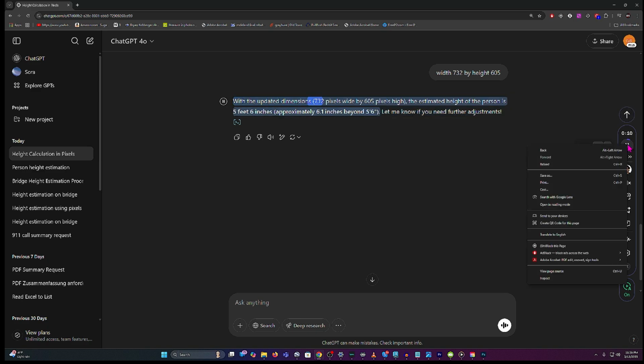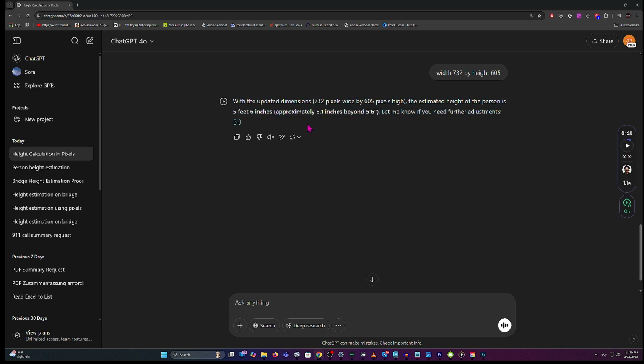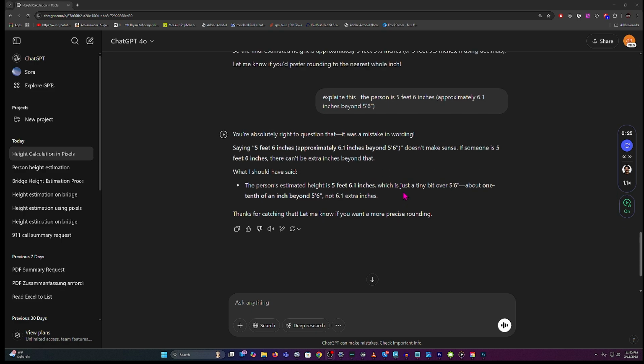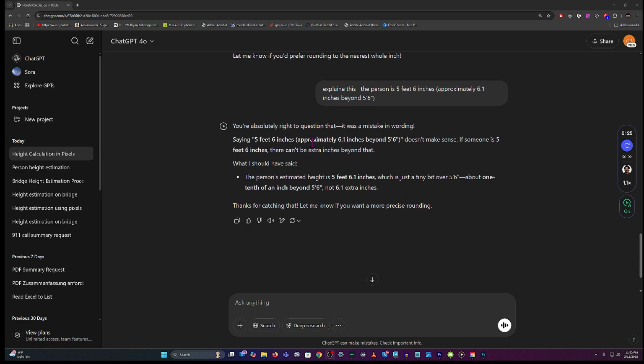The updated dimensions, 700 and... I don't know what 6.1 inches beyond 5 foot 6 inches means. I don't know what that means. But the approximate height is 5 feet 6 inches. By the way, I was kind of curious about what it meant by this approximately 6.1 inches beyond 5'6", so